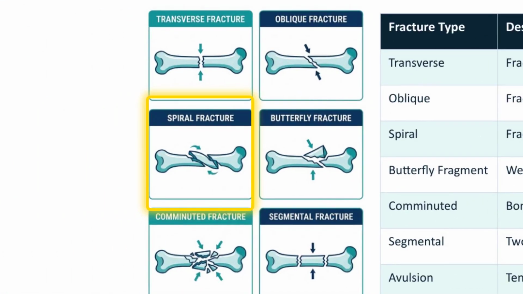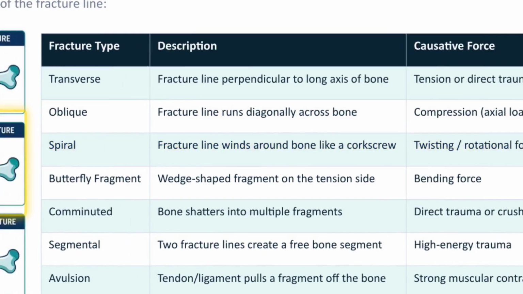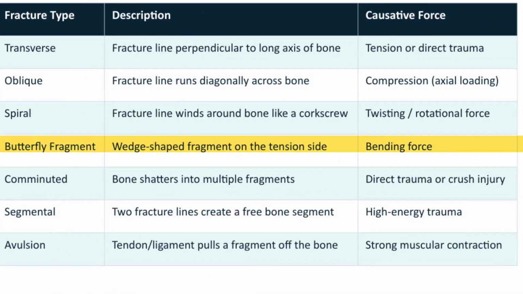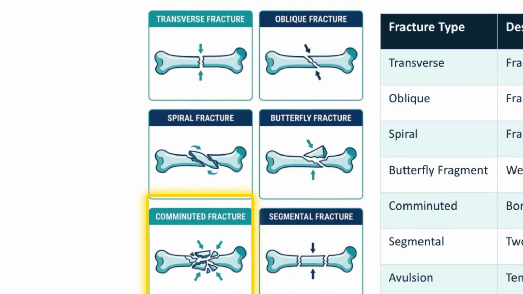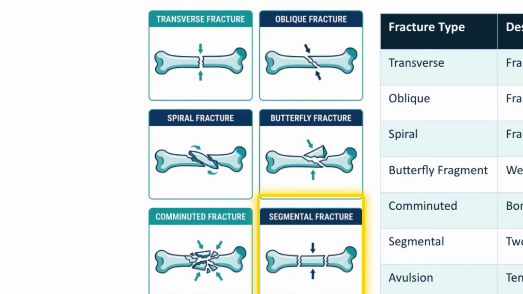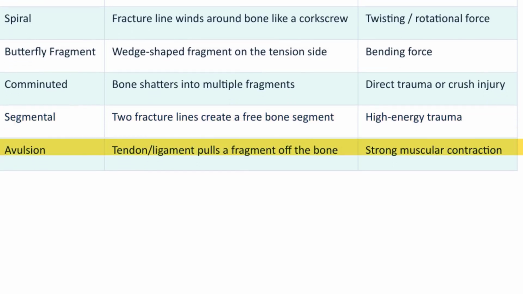loading. A spiral fracture has a fracture line that winds around the bone like a corkscrew, caused by a twisting or rotational force. A butterfly fragment is a wedge-shaped fragment on the tension side of the bone, caused by a bending force. A comminuted fracture is when the bone shatters into multiple fragments, caused by direct trauma or a crush injury. A segmental fracture has two fracture lines that divide the bone into distinct segments, caused by high-energy trauma. An avulsion fracture occurs when a tendon or ligament pulls off a fragment of bone, caused by a strong muscular